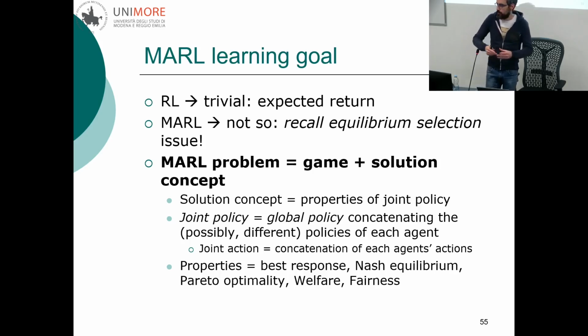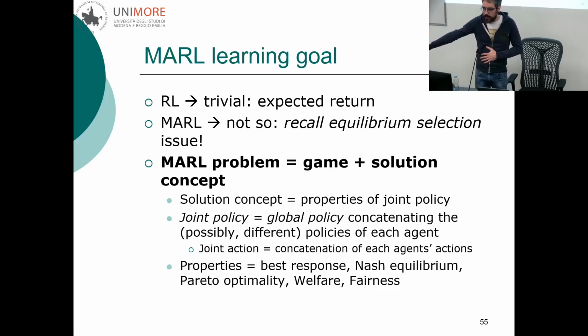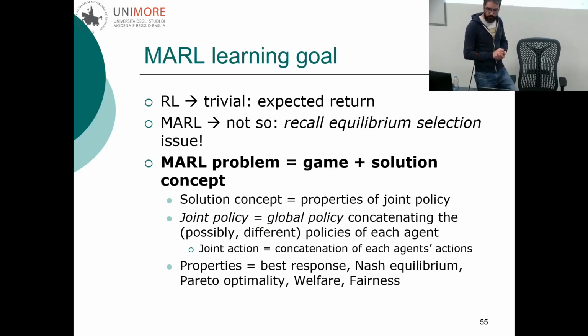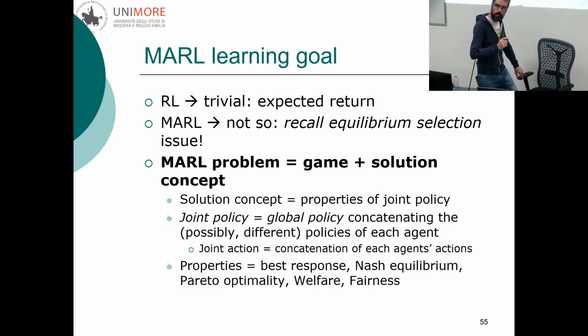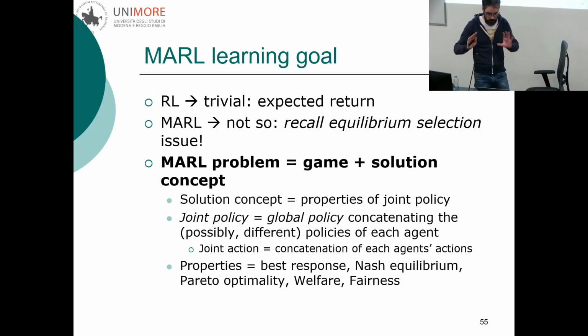This may entail finding the shortest path toward the exit of a maze. This can entail being the first to cross the end line in a race car, whatever kind of specific task you may want to accomplish with your reinforcement learning agent. But from the point of view of the reinforcement learning algorithm, the goal is always to maximize the